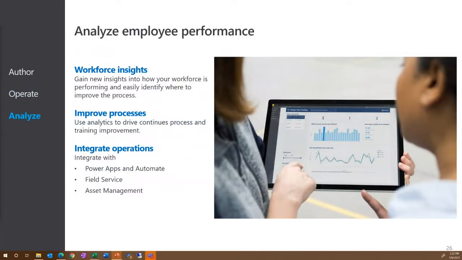Because HoloLens is a computer, it can provide analytics on how guides are used. These can be used and reviewed in Power BI so you can understand how people are doing and which steps might need improvements to either the training or the process itself. As you'll see, Guides makes data from your existing workflows visible, and you can either integrate it with other business systems like field service or asset management or supply chain management directly in Dynamics 365.